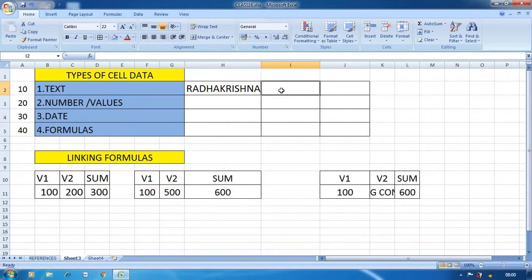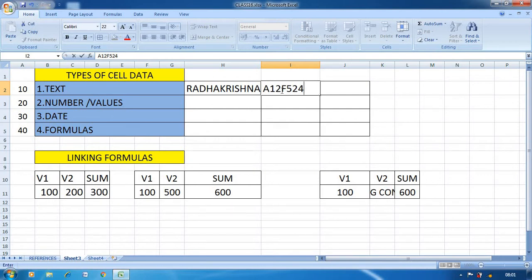Then you can enter an alphanumeric value, just like a seat number. So I can enter the number as A12 in this way. So text includes both numbers as well as text. Maximum we can enter 32,767 characters, and by default it is aligned with the left side.